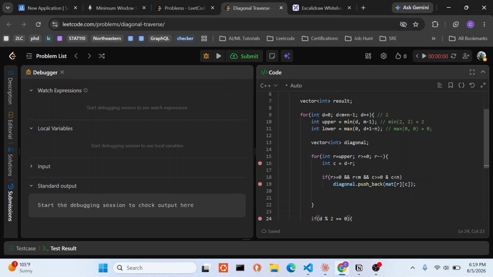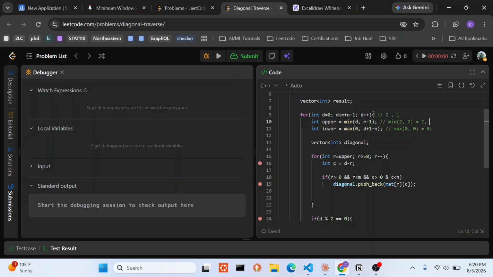Our R becomes, if it's one, then it becomes